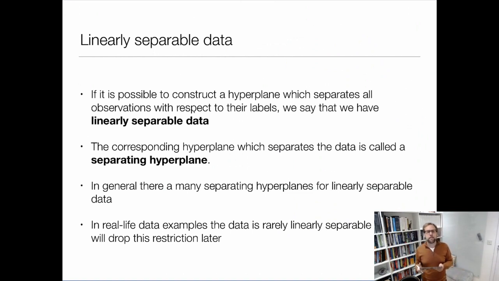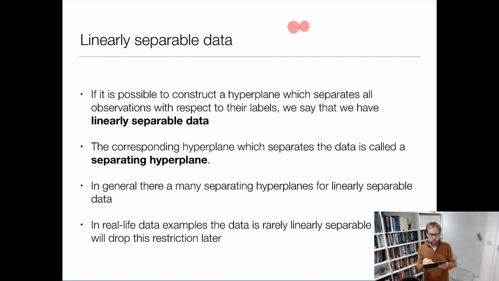So linearly separable data is effectively some data in some space such that I can find a hyperplane which divides the space in two halves, so that one label of the data is only on one side and another label of the data is only on the other side. So if I had a predictor space, and I have some points which correspond to Cancer, some other points which correspond to no Cancer, and there's a plane which can cut right through the space, so that everything on one side is Cancer, everything on the other side is no Cancer, then I call this a separating